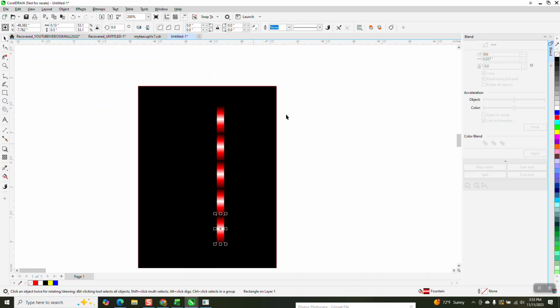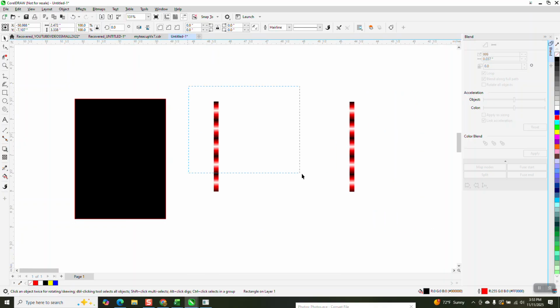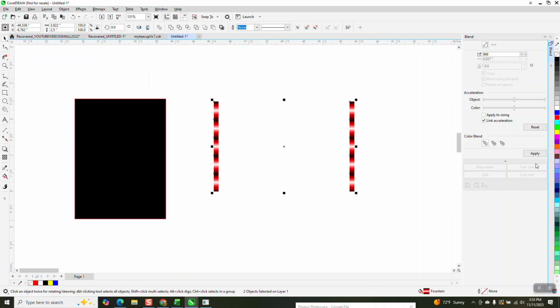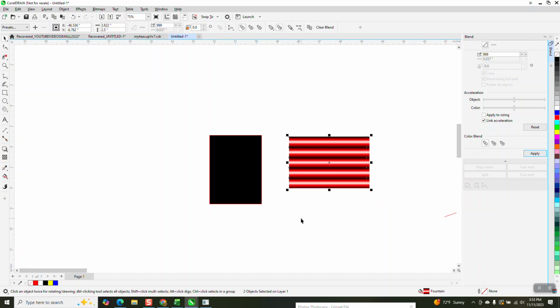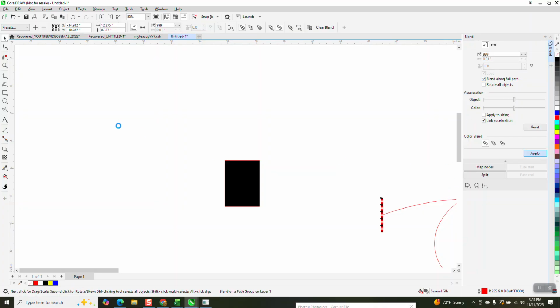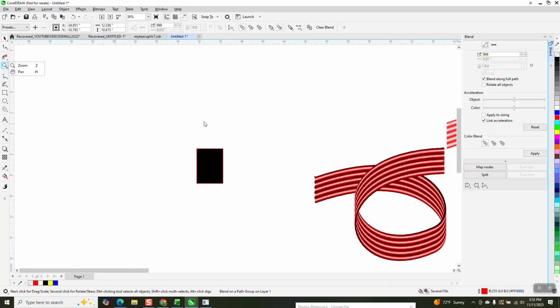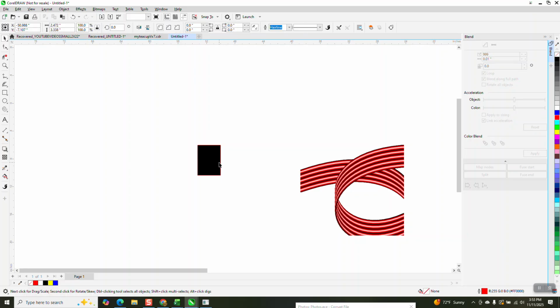5 of them. Now let's group this together, Control G, Control D to duplicate it, move it over. Take both these, I'm going to hit T just to put them even, which they were. And I'm going to hit apply. That's going to look pretty cool. Now I'm going to go blend a new path. Blend a full path. And when we put a black, hopefully, when we put a black background on it,